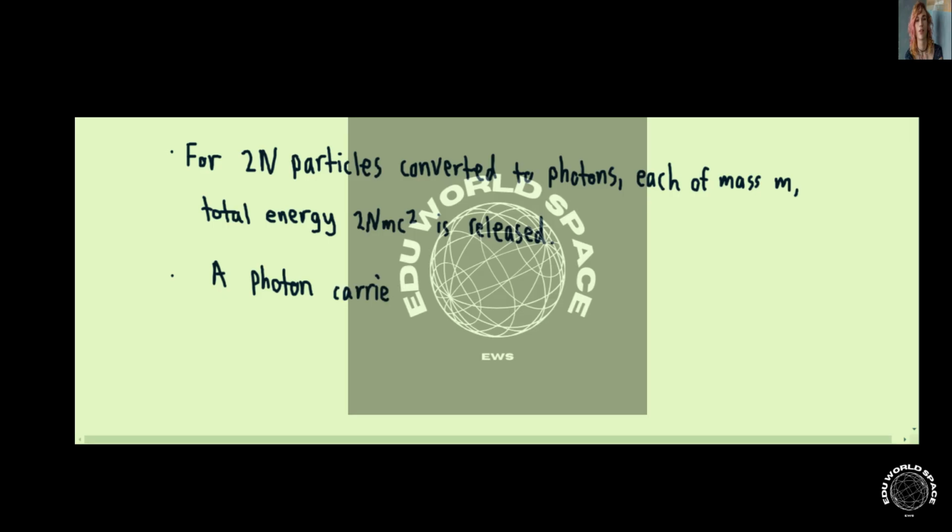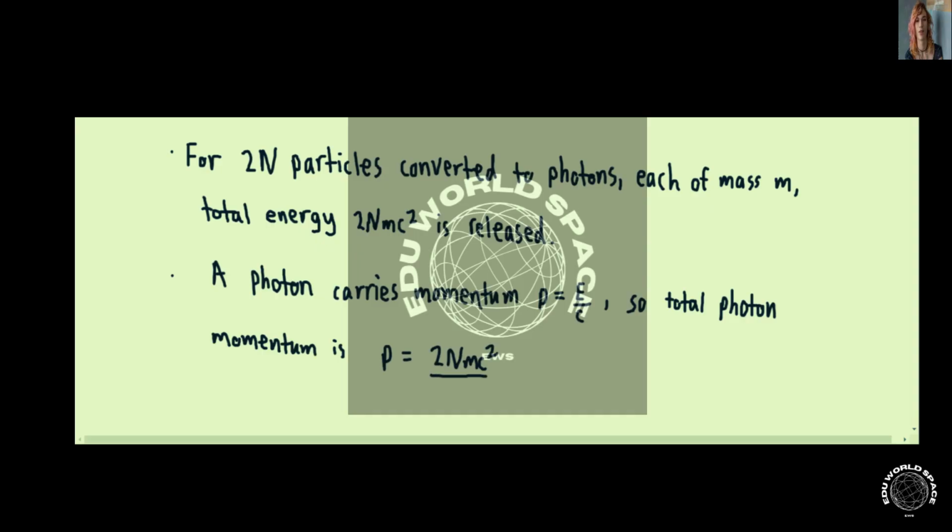Now, a photon carries a momentum of p equal to E over c. E is the energy of the photon, and c is the speed of light. So if we have a total energy of 2n mc squared, then the total amount of momentum carried by all of the photons would then be 2n mc squared over c, which then is just equal to 2n mc. So that is the momentum that we can get from this process, where all of the particles are annihilated